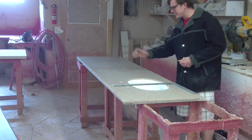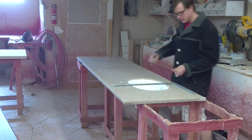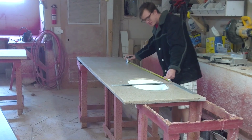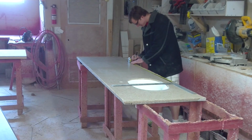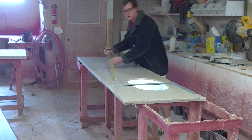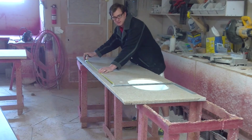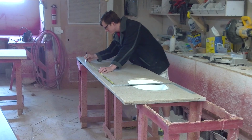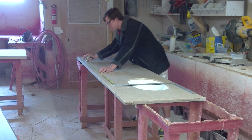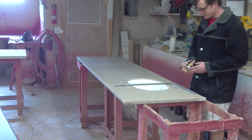So I want it to be 45 1/8 from this side and 45 1/8 from this side. So I can measure 45 1/8 from this current center. And that's where I want the end of the countertop to be. So that's where it'll cut. That'll be the end. I can take the rest and shift it over here,